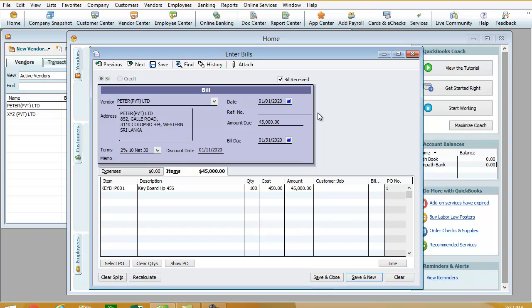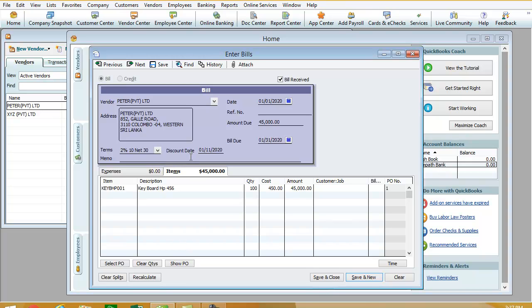So we can make sure that on 11th of January, this is the date, and this is the billing date 1/1/2020, and the discount date is going to be 11th of January, because we have agreed 2% 10 net 30 days terms with our supplier.